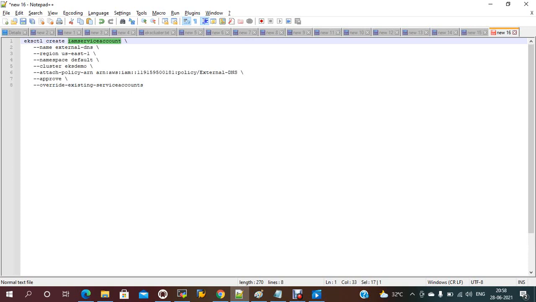Here IAM service account created, and the name is external DNS, region is AP South 1, namespace default, cluster is EKS demo 1, and attach policy ARN external DNS 1. I just need to create this one.